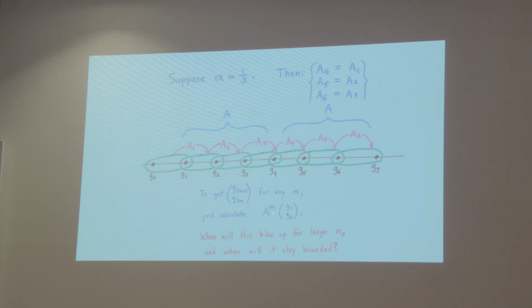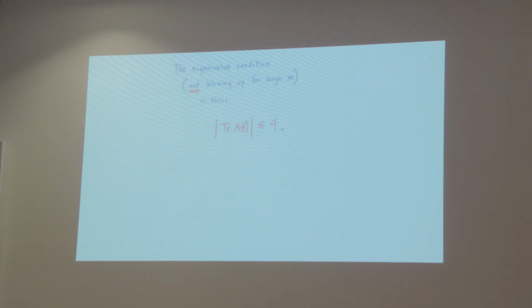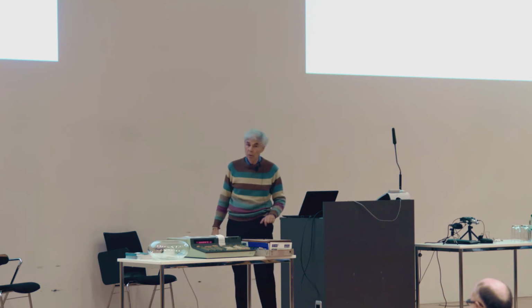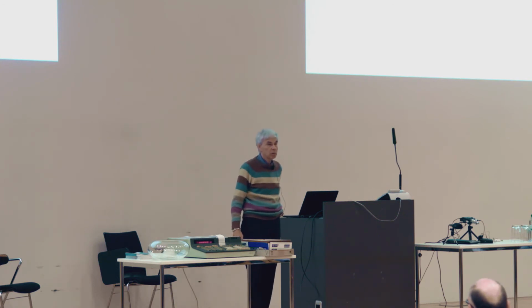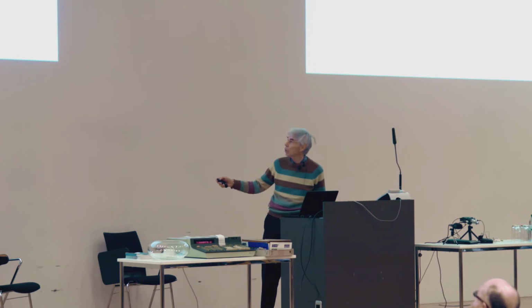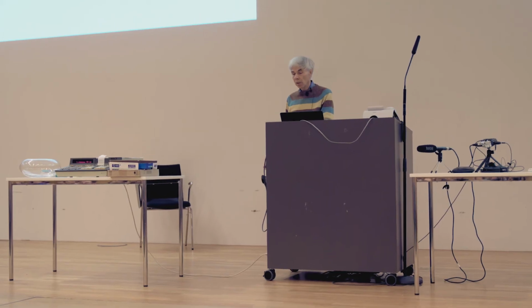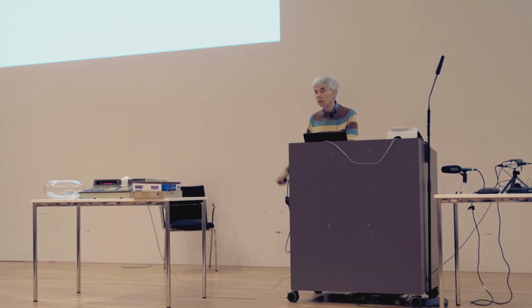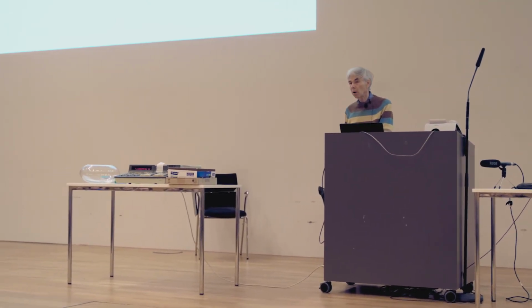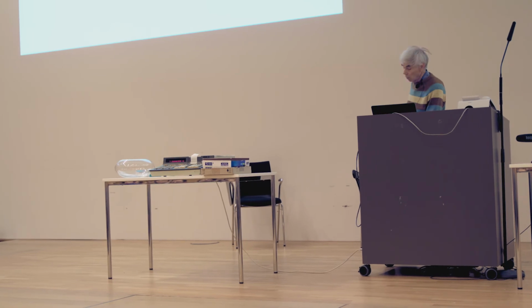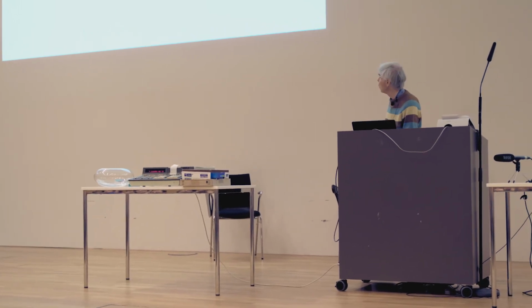So the question is, if you put A to a high power, when will this blow up, and when will it stay bounded? And Gustav Obermeier studied this carefully, and he came up with a condition on the matrix A, which was that its trace, as a function of the energy epsilon, should be less than or equal to 4. Now this matrix is a polynomial. The trace of this matrix is a polynomial in epsilon that depends upon the number alpha, of course,